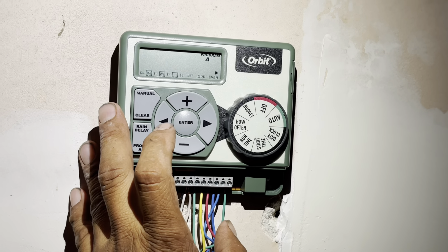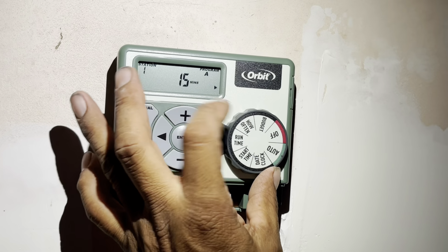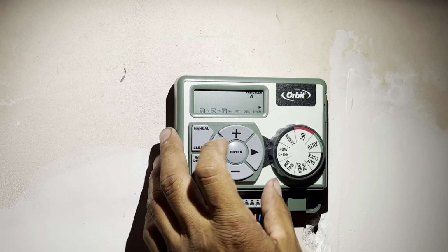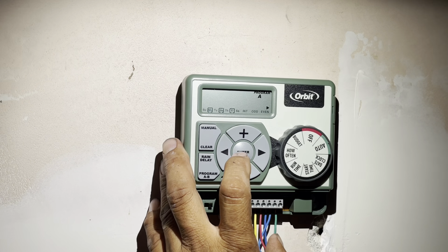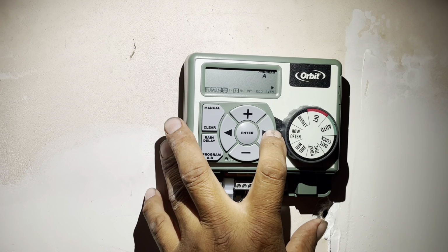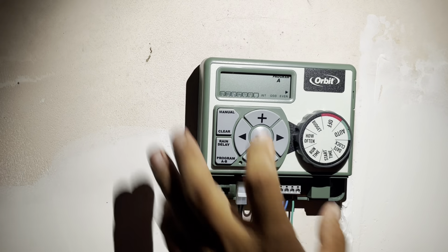Okay, well that jumped into, see, this is where you got to watch this right here, because it can jump when you change to your different thingies here. And see, I actually didn't put in the days for program A, so let me correct that. I'm going to keep those days that I got boxed out. But I need to do that every day, so I'm going to put enter there. Okay, so I hope that didn't throw you off, but like I said, you need to watch this right here